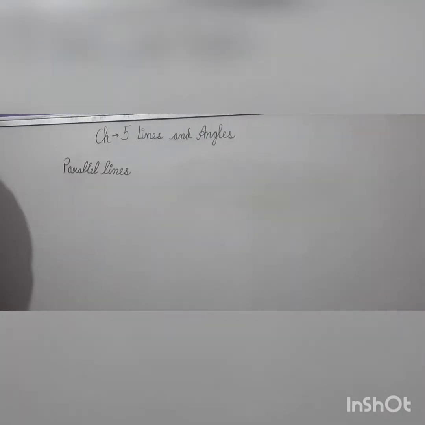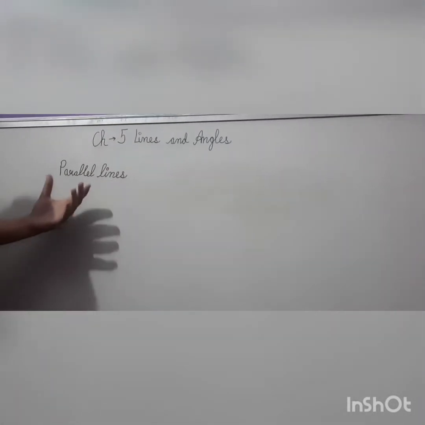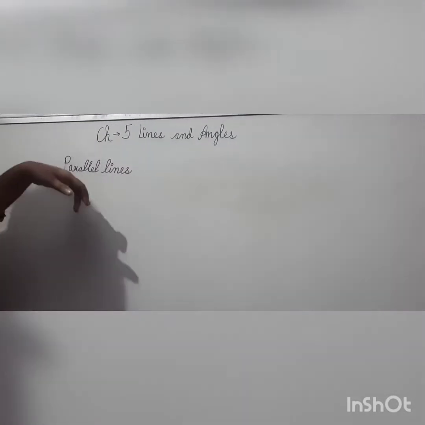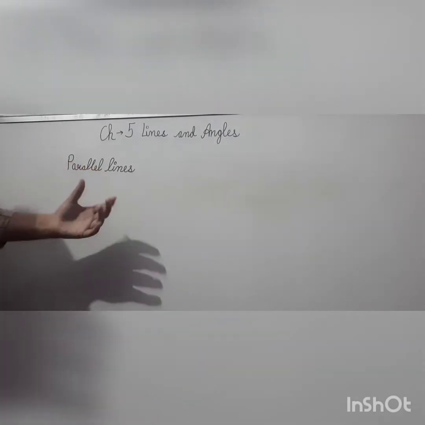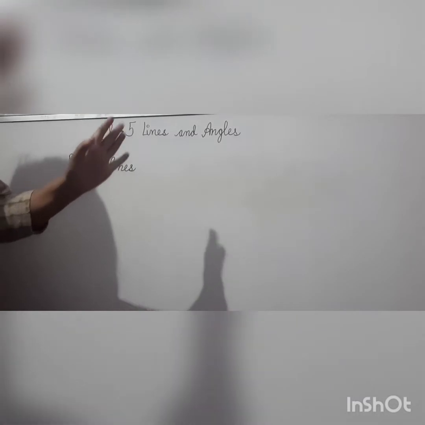Good morning, class. We are doing chapter number 5, lines and angles. Okay, you have completed exercise 5.1. Now your next topic is parallel lines. What are parallel lines? Two lines are said to be parallel if they are coplanar and they do not intersect